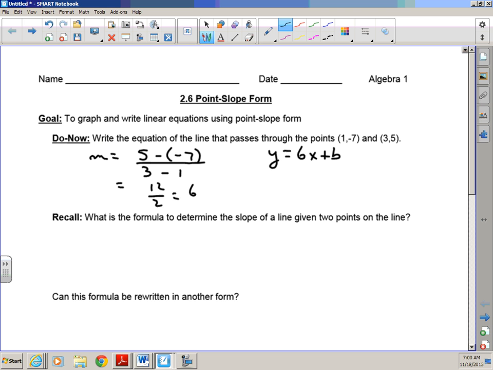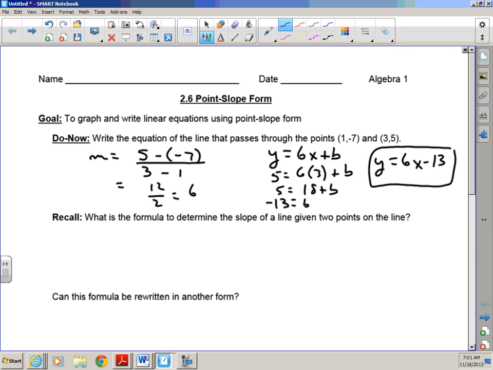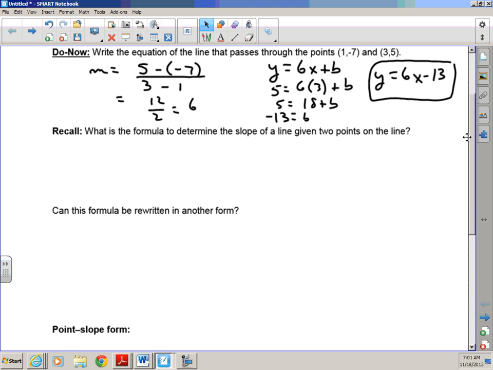We can insert any of these 2 points using their x and y values in, and we find that b in this example is negative 13, so that our final answer is y equals 6x minus 13. And that's a very helpful form to use because we can then use the slope and the y-intercept to graph that line. And as we just did above,